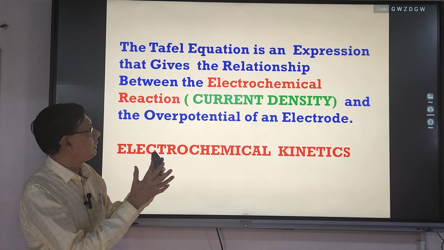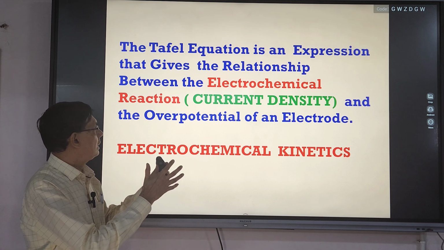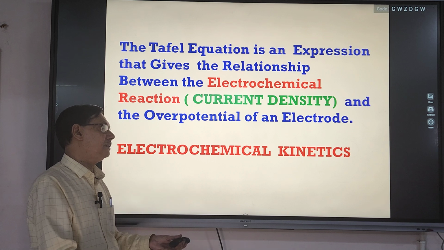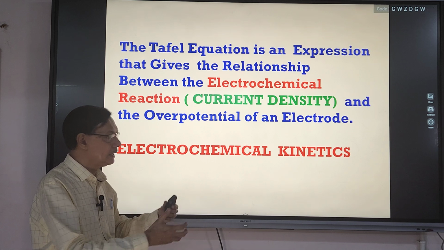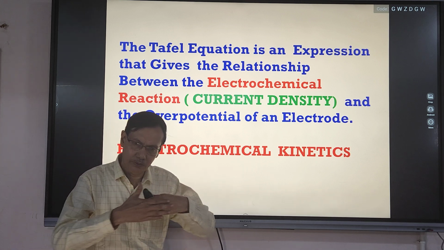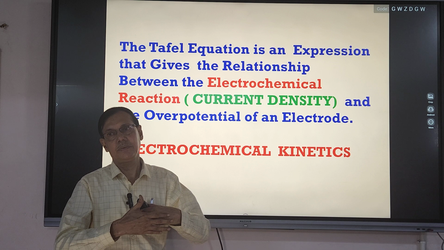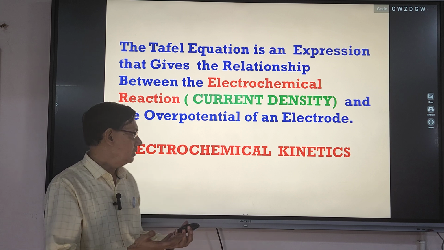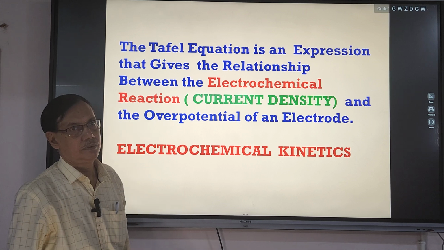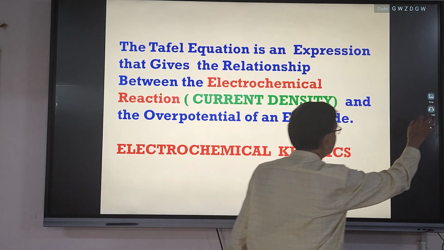So whenever I am talking about the relationship between the current density or exchange current, naturally there is a question of electrochemical reactions. There must be some anode, there must be some cathode, there must be some electron transfer. So naturally it is electrochemical kinetics. So that means if I